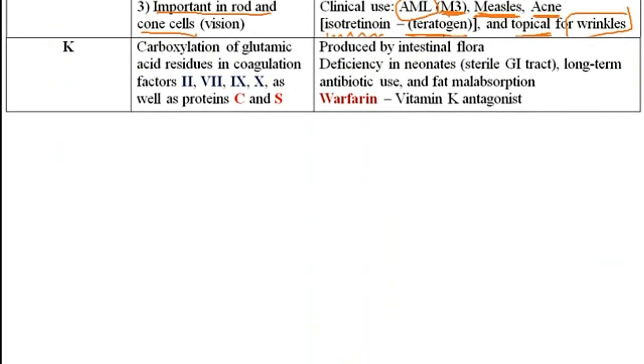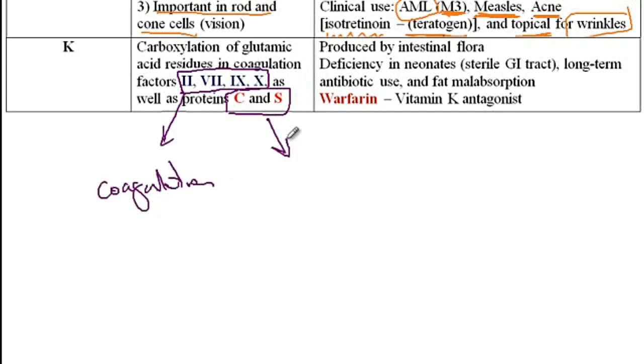And then the final vitamin that we have is vitamin K, which is important for the carboxylation of glutamic acid residues in the coagulation factors 2, 7, 9, and 10. And then it's also used for the activation of the anticoagulation factors protein C and S. So vitamin K has kind of a controversial function, in that it activates both the coagulation factors as well as anticoagulation factors. Now, conditions that can cause vitamin K deficiency include any condition that, for instance, interferes with the intestinal